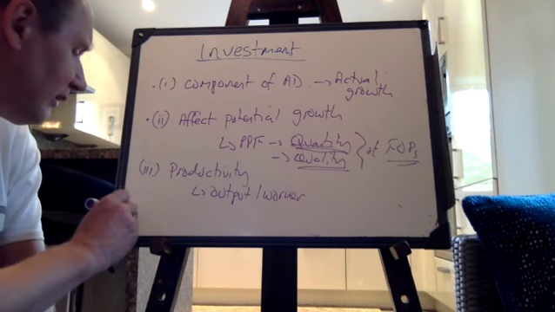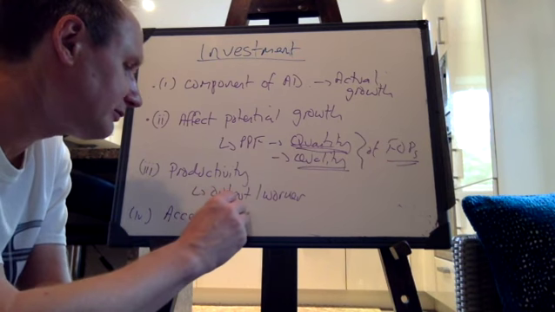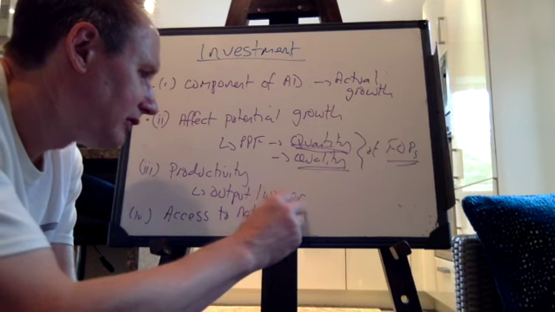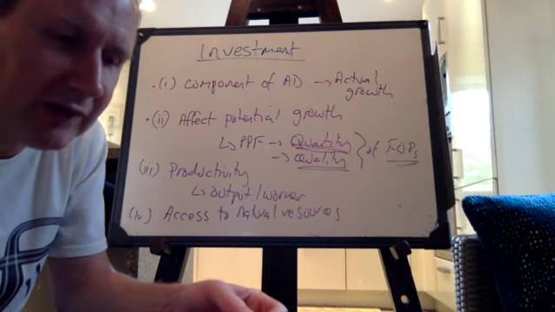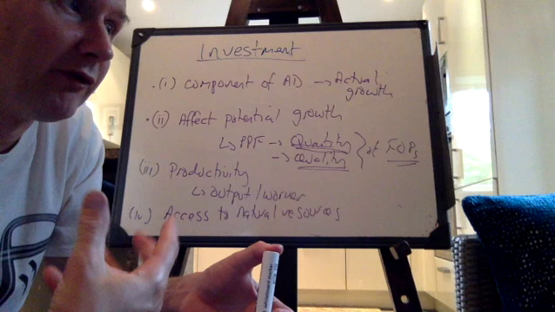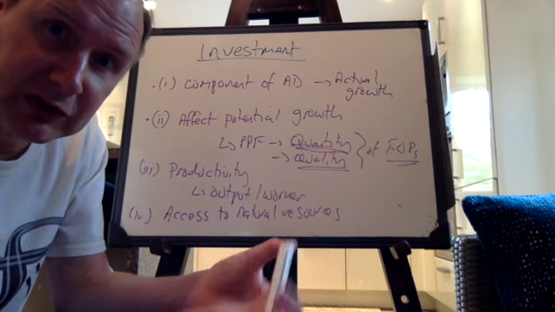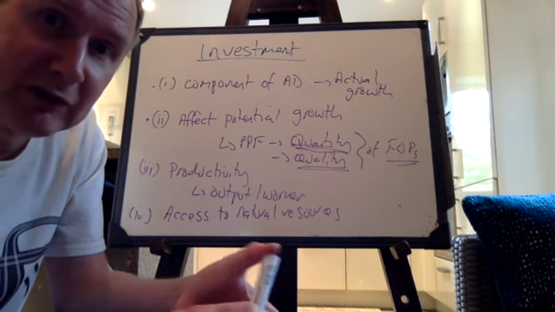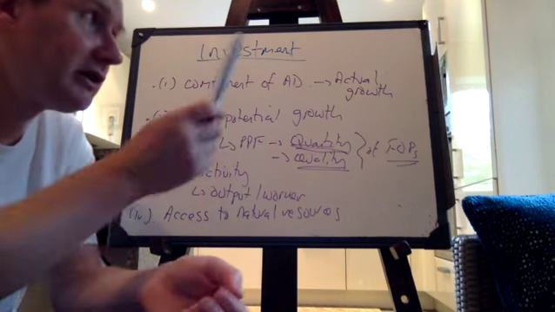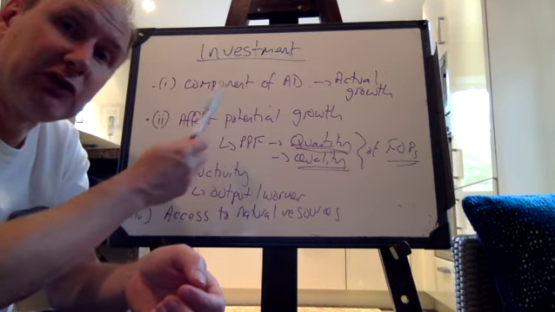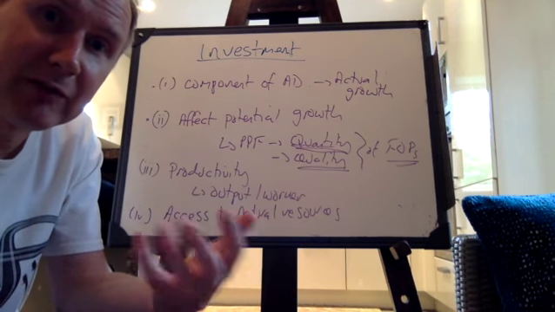And fourthly, you might say that investment is important, in some countries, to get access to natural resources. So in a lot of developing countries, often there are plentiful natural resources, but they can't access them because there's a lack of funding to create the investment into infrastructure and capital to extract these resources and to be able to sell them. So that's a fourth reason that you might think that investment is important. So therefore, investment is an important component of aggregate demand. Yes, it drives demand itself, it creates potential, it helps firms inside the economy to be able to compete on world markets, and to be efficient.